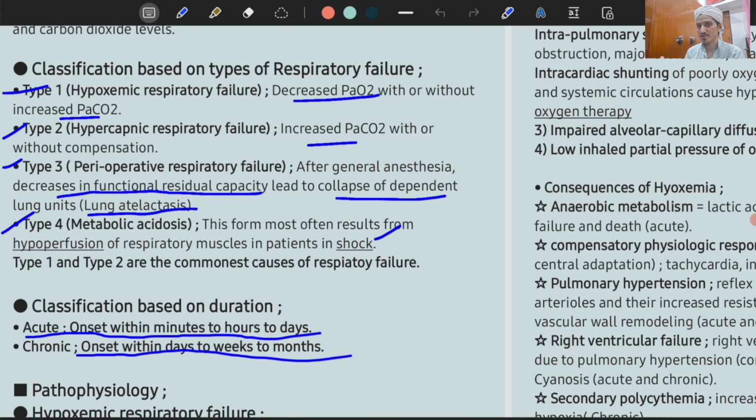So coming to the pathophysiology of respiratory failure, we will divide it into hypoxemic respiratory failure and hypercapnic respiratory failure. In hypoxemic respiratory failure, the diseases which cause it usually impair ventilation locally, with sparing of other regions of the lung. So some part of the lung will be involved in the pathology, and the other parts of the lung will be normal. What happens then? There will be increased ventilation of neighboring regions of normal lung. That can increase carbon dioxide excretion. So the carbon dioxide retained in the abnormal part of the lung will be excreted from the other normal parts of the lung,